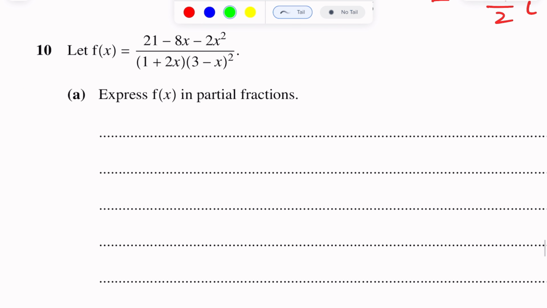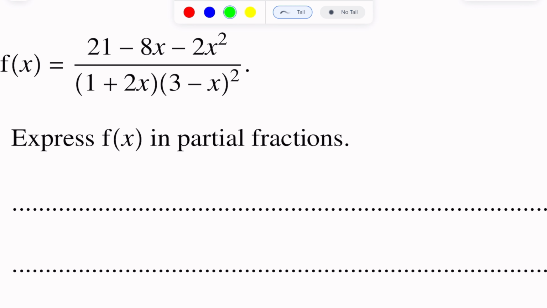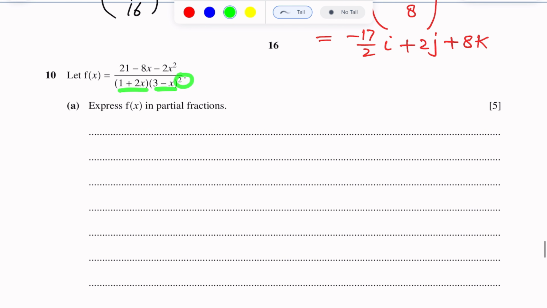So easily we can express this function into partial fractions. Secondly, in the denominator there are two factors. One is linear, the other is linear, but this is repeated. So we will write first